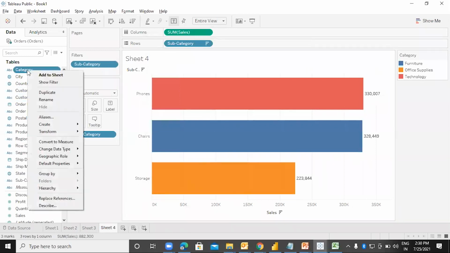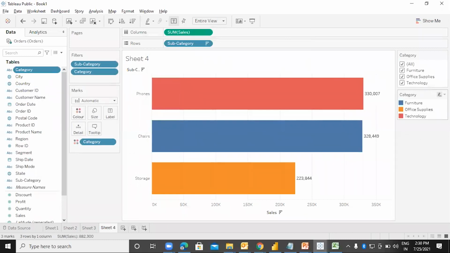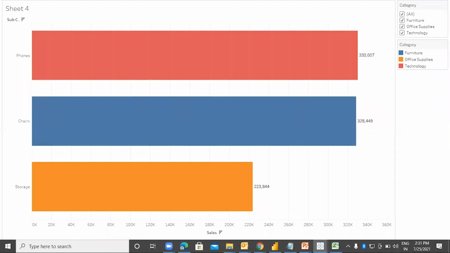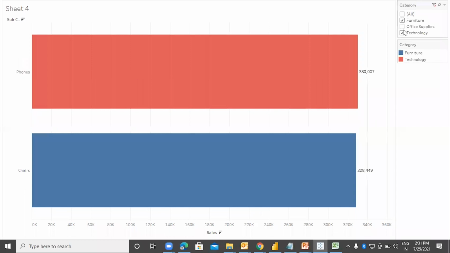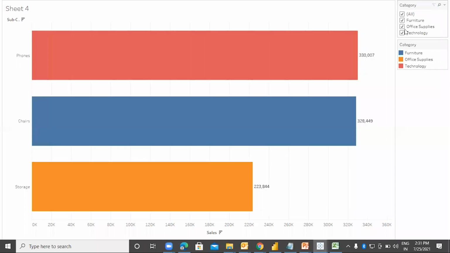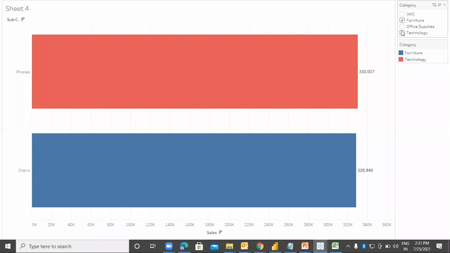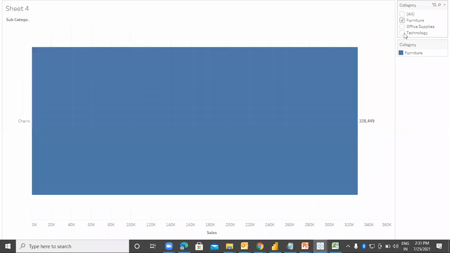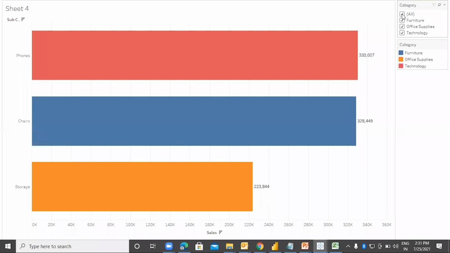And I would also like to get a filter on the basis of the category. So I'm getting the interactive filter on the basis of category. Now, here it is. And now if I remove the office supplies, as of now, I am getting top three. I remove office supplies, I am getting top two. I remove technology, I am getting only the top one. But my requirement was of top three. No matter what I select, I should always get the top three.